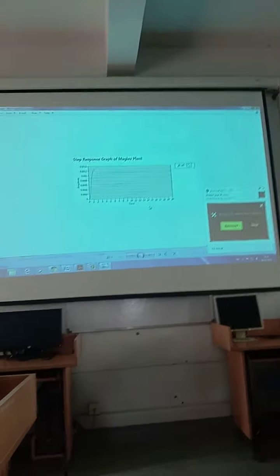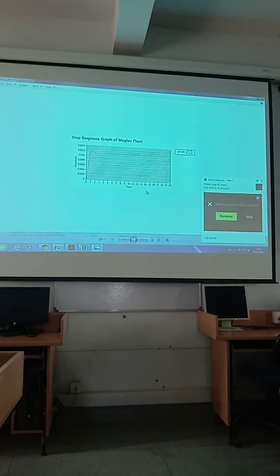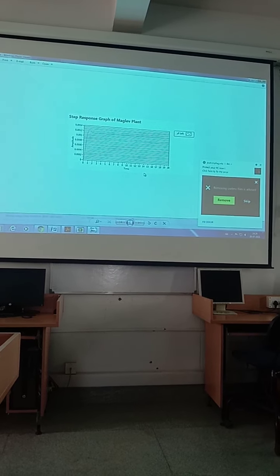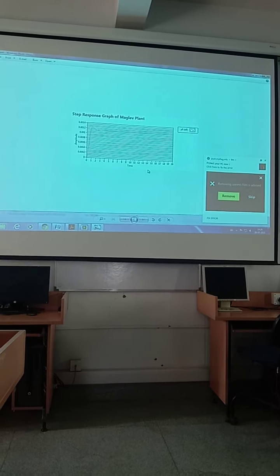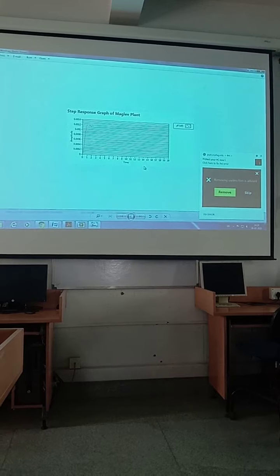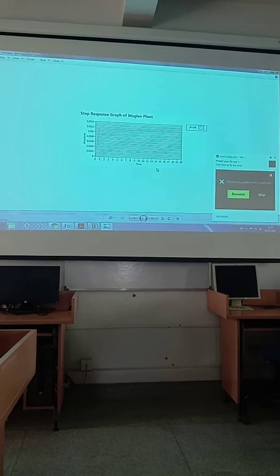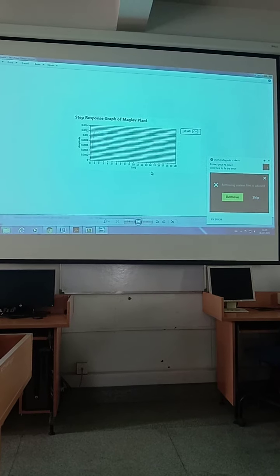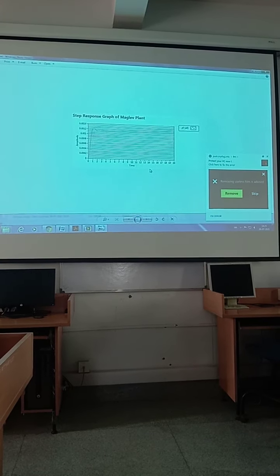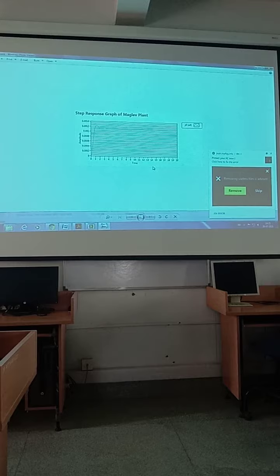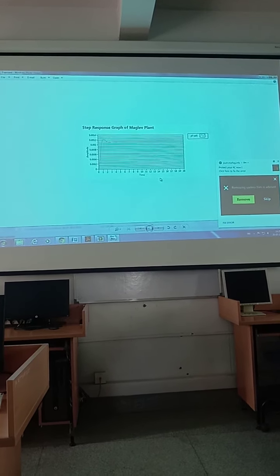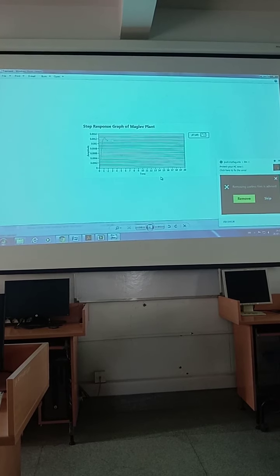What do you mean by transient response? After a certain interval of time, the fluctuation will die out. That is the transient response. From 0 to the maximum value it will reach, and then it will settle down.